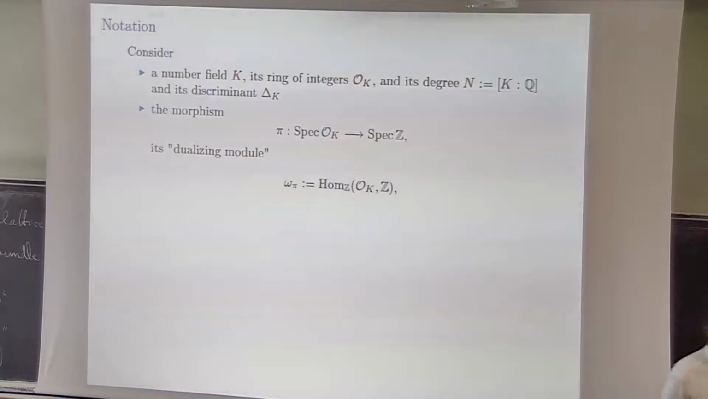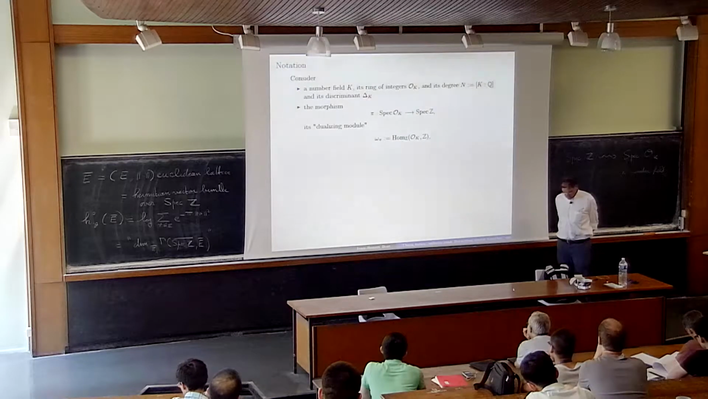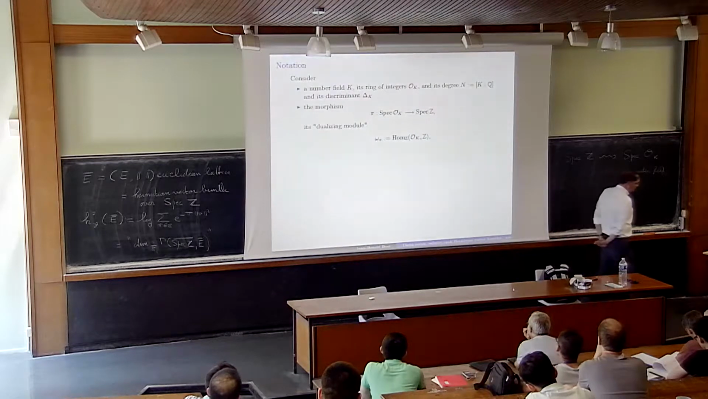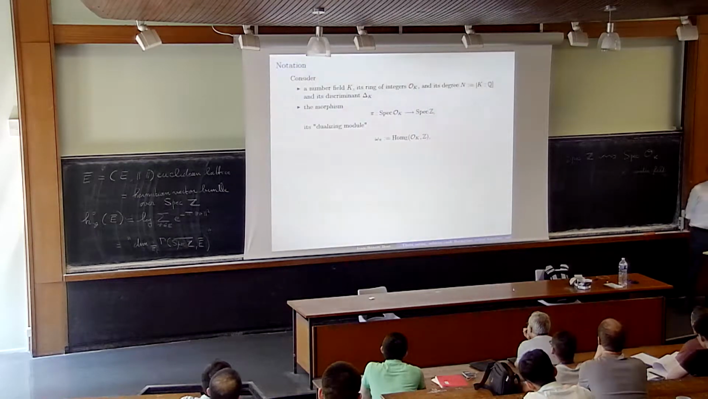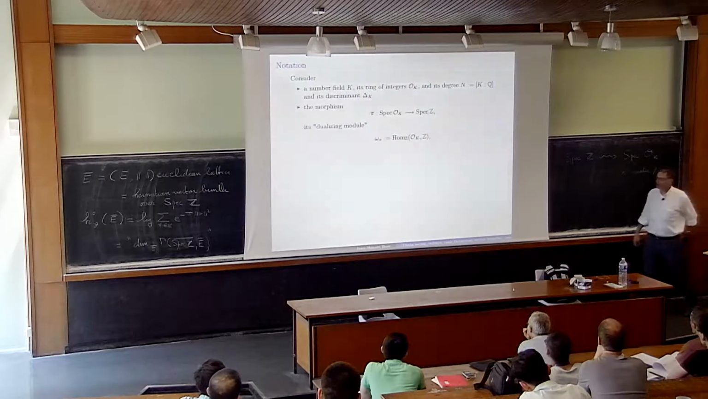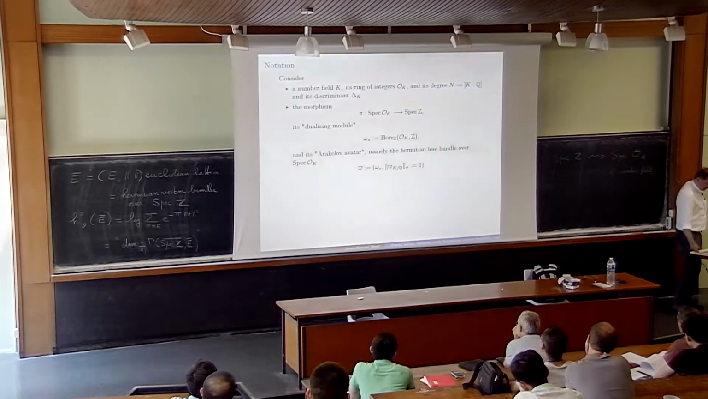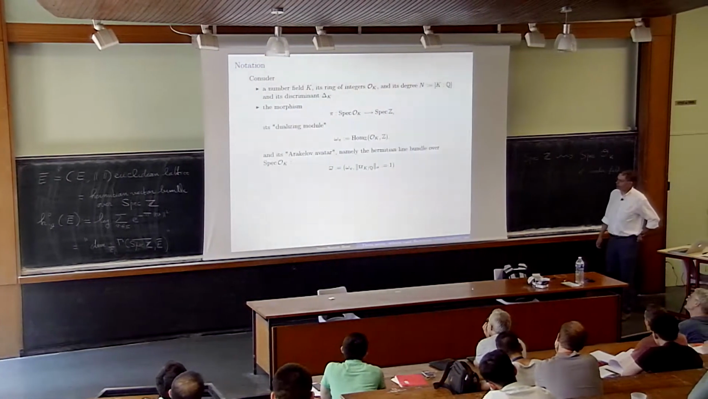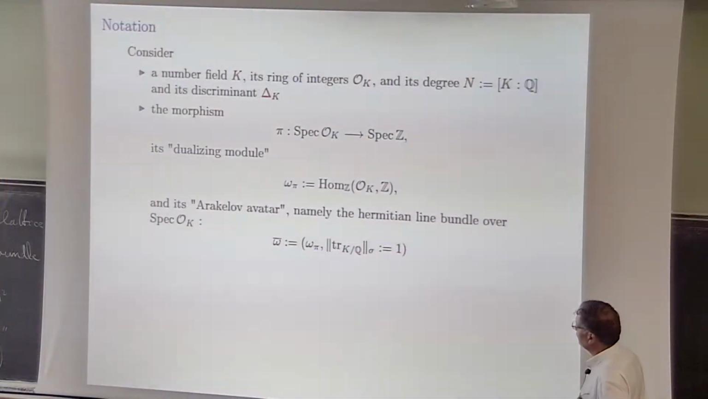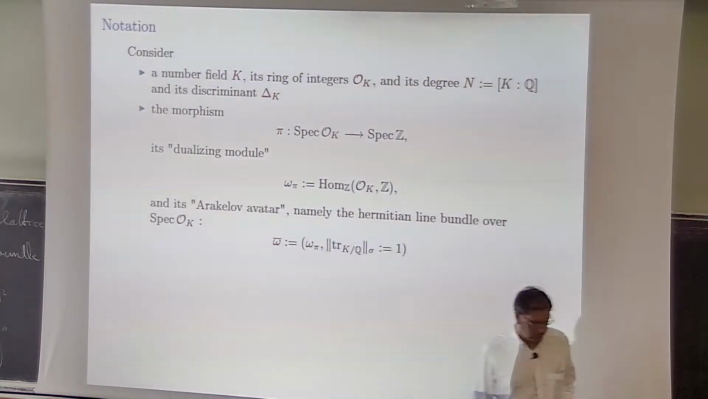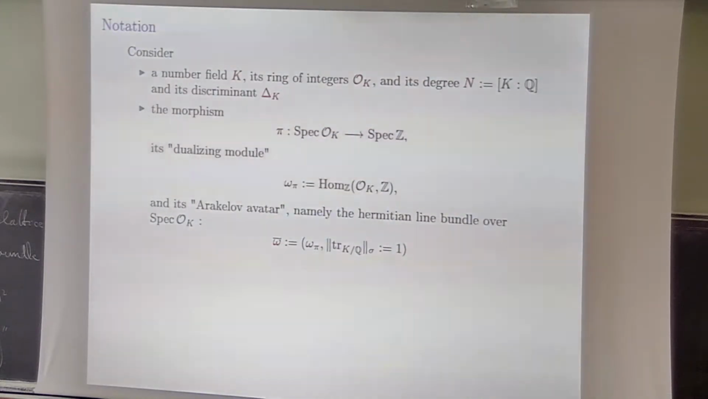And this morphism has a relative dualizing sheaf, a dualizing module. That is something quite classical. You may consider the morphism of Z-modules from OK to Z, and it's actually some OK-module by composing with internal multiplication. And actually, this OK-module is the classical inverse of the different. It's an invertible sheaf, a rank 1 projective OK-module. And it has a natural